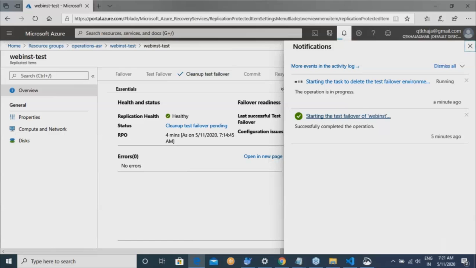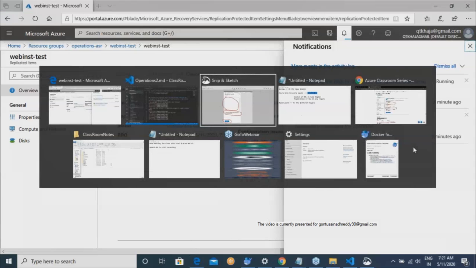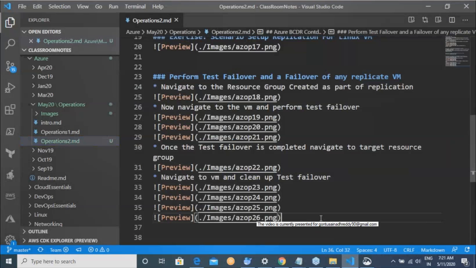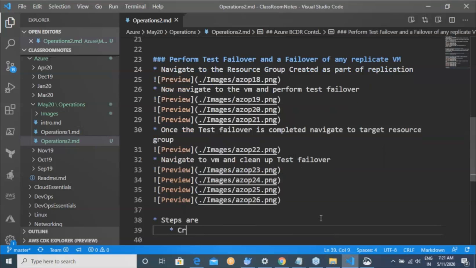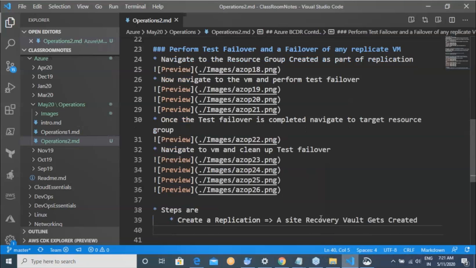So every virtual machine, the basic steps are: create a replication, and whenever you create a replication, what happens? A Site Recovery vault gets created. This vault can store a lot of information.